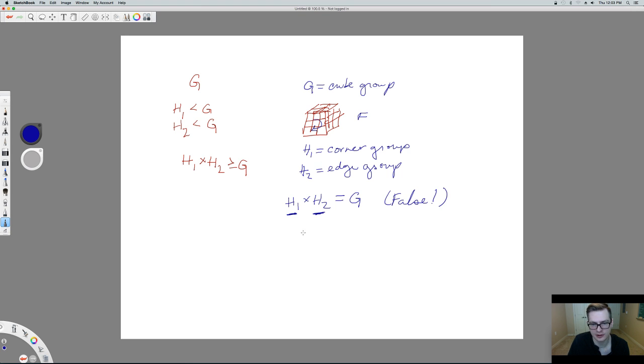So the total group that is produced here is actually a supergroup of G, meaning this group is actually bigger than G itself. So what we write is H1 times H2 is greater than, in this case, G. Sometimes you can break up a group into its factors and its product will be equal, but not always. So this is true. So the term here